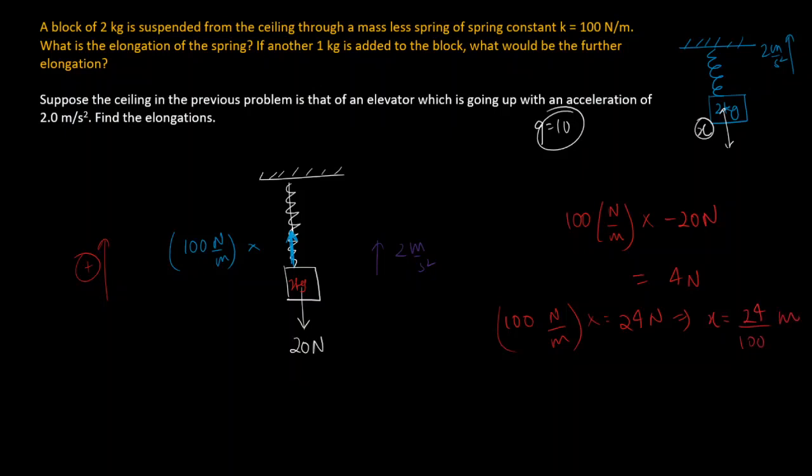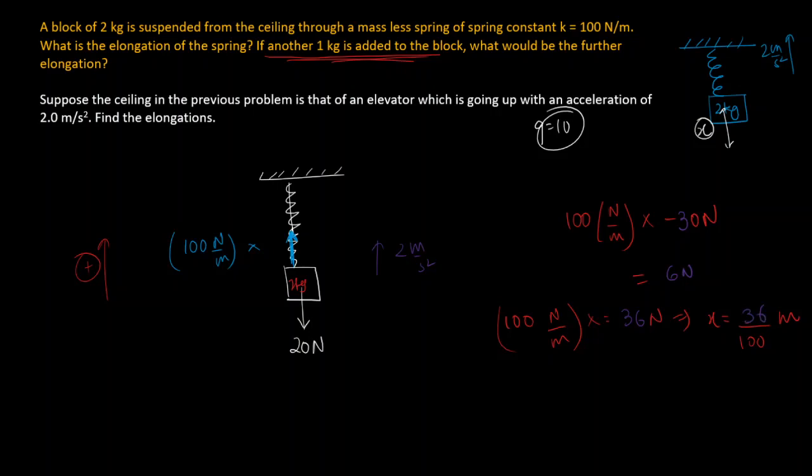If you now added another 1 kilogram to this block, what will happen? Then it will behave like a 3 kilogram system. So everywhere you had a 2 involved, you will just put in a 3. This 20 will now become 30. This 4, which comes from 2 into 2, will become 2 into 3, that is 6. And this 24 will now become 36. And the x will become 36 over 100 instead of 24 over 100,